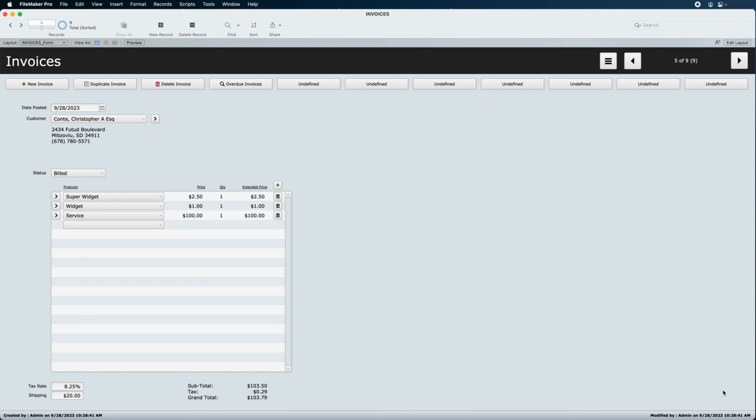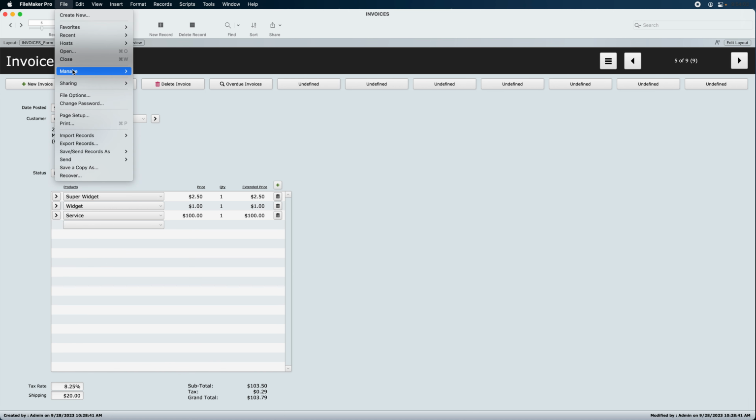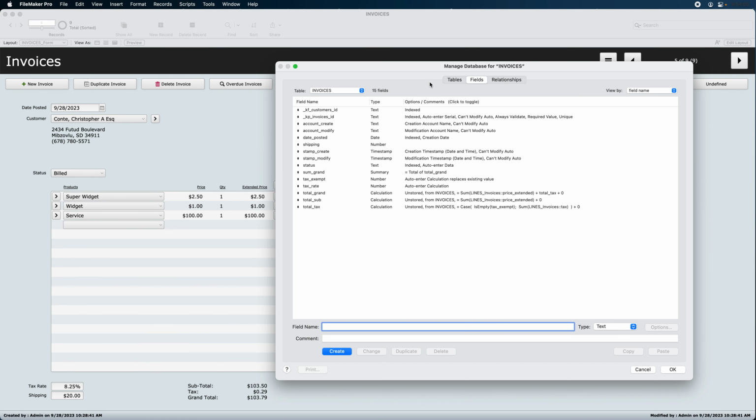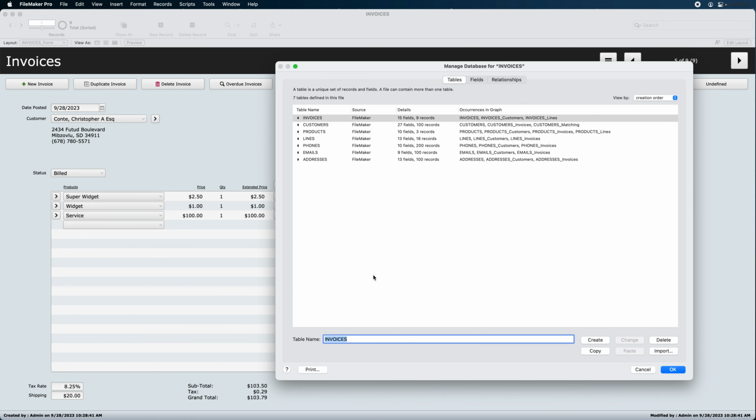Let's add the ability to record multiple payments because not every business takes a full payment right at the time of purchase. Sometimes it's on delivery. We'll need a table, a relationship, and a portal to accomplish this. So we'll go into Manage Database, go to the Table section, make one called Payments, hit Create, then go to